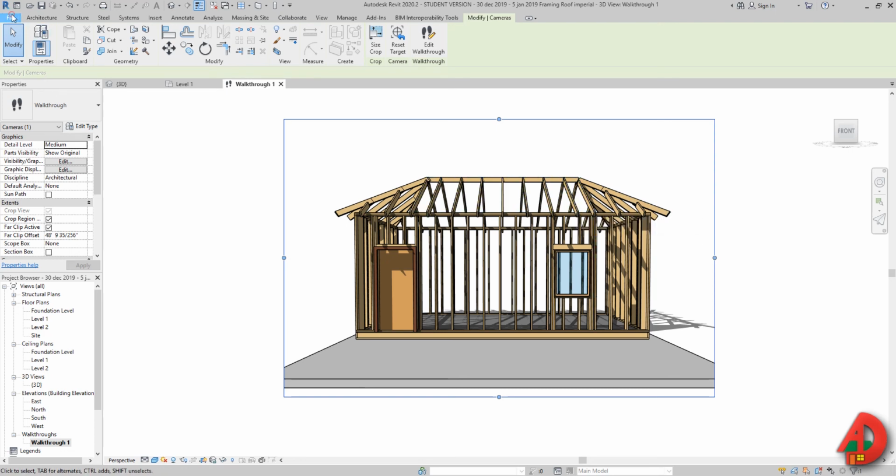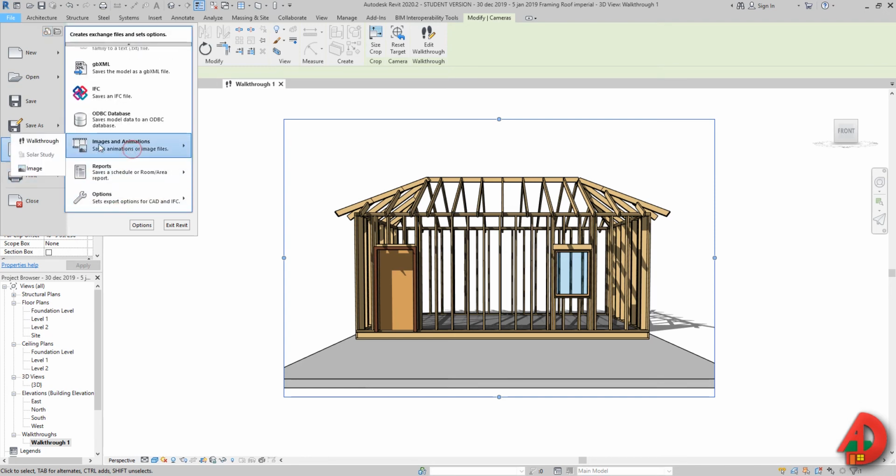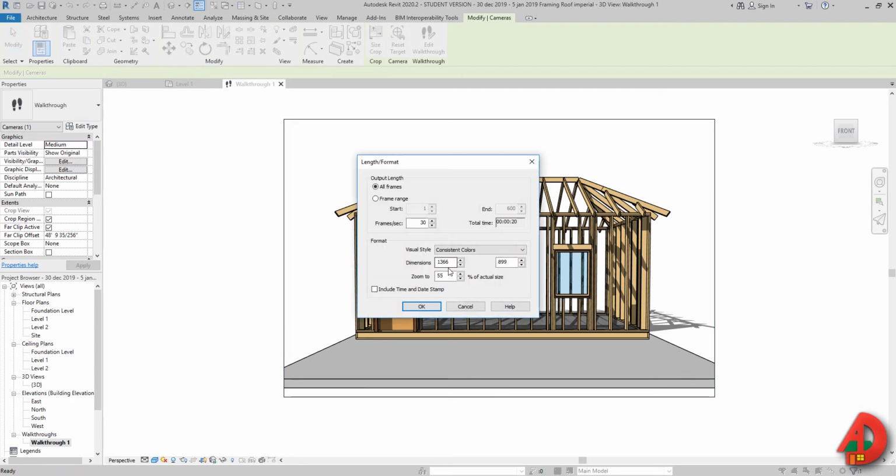And then after I'm done with that, I'm going to go to File, Export, Image and Animations, select Walkthrough. And here at visual style, I'm going to look for consistent colors, because that's what we wanted to do. And here it says zoom to 55% of actual size. I'm going to set it up to 100%, and that's going to be 2497 by 1643. Total time is going to be 20 seconds. I'm going to press OK,